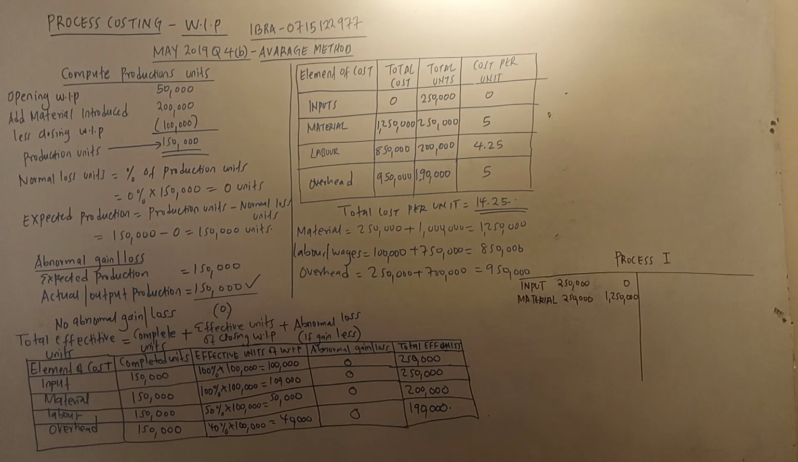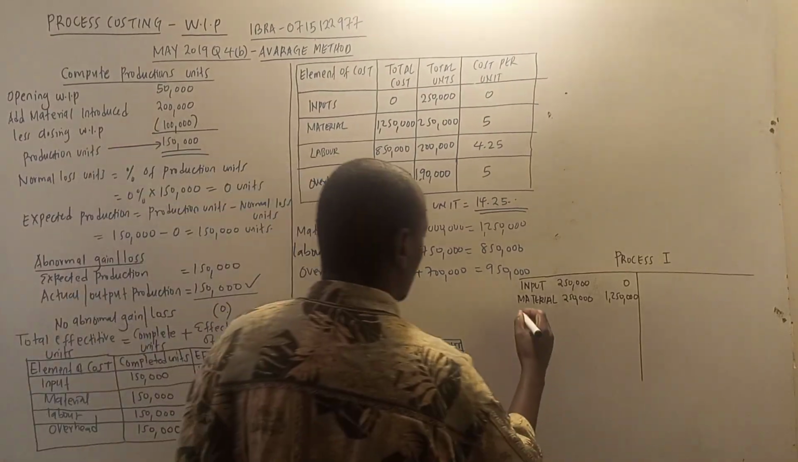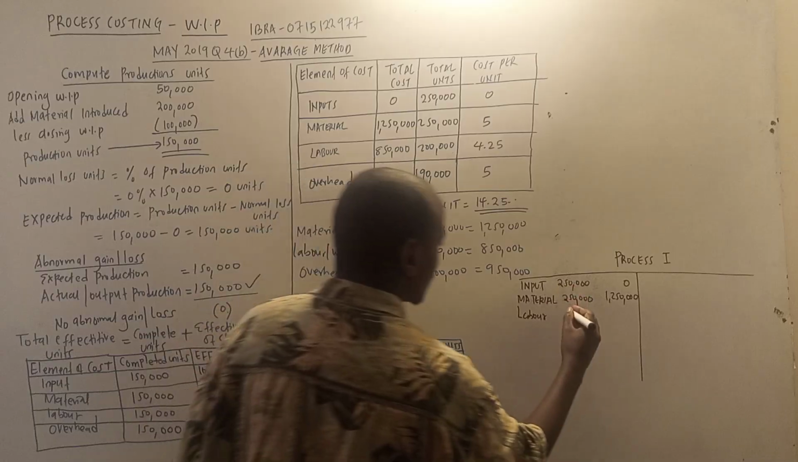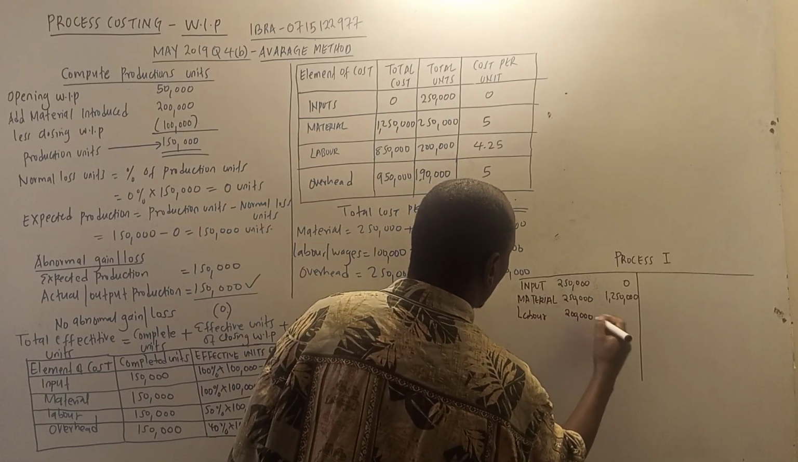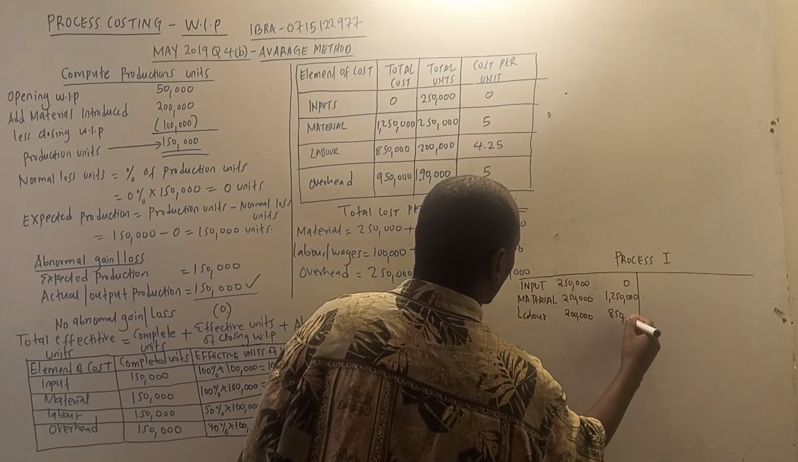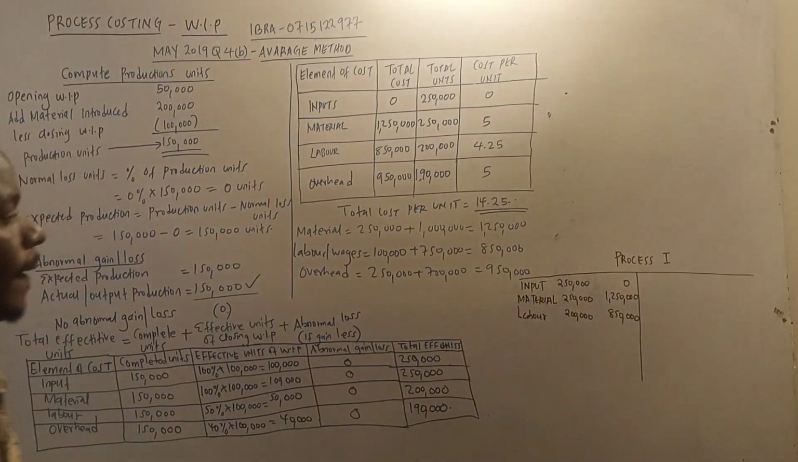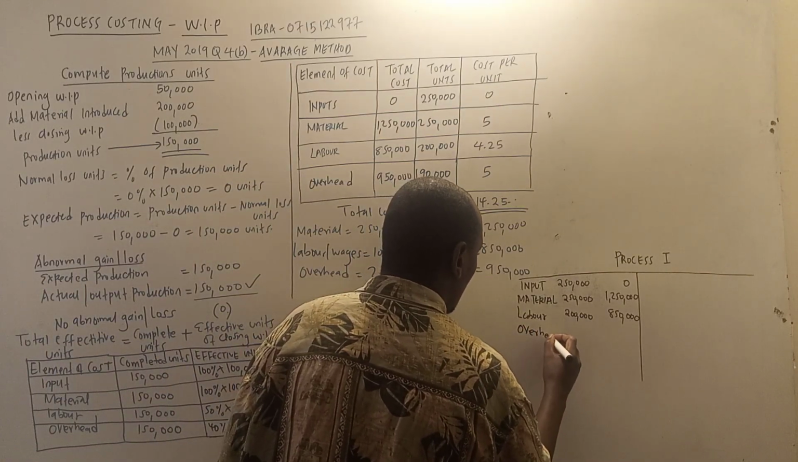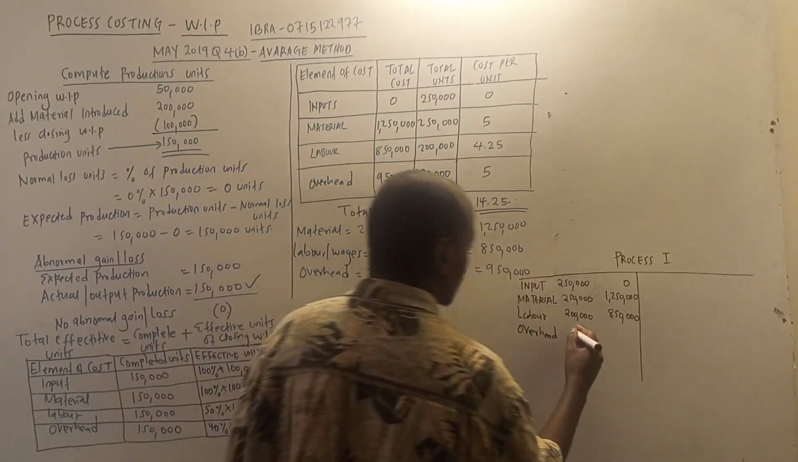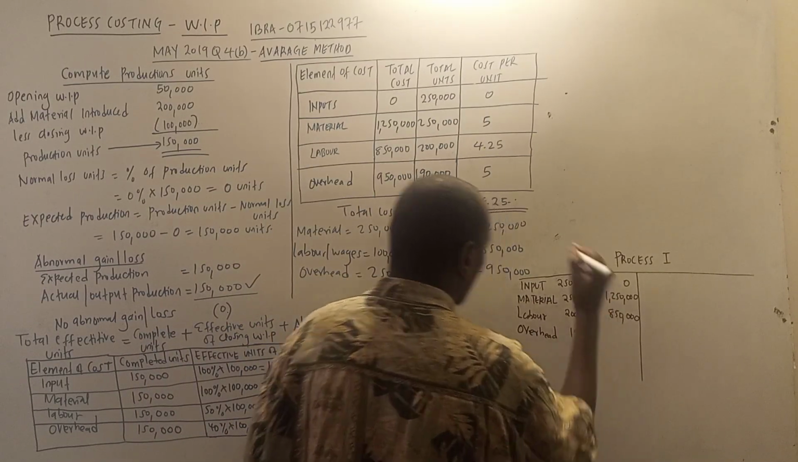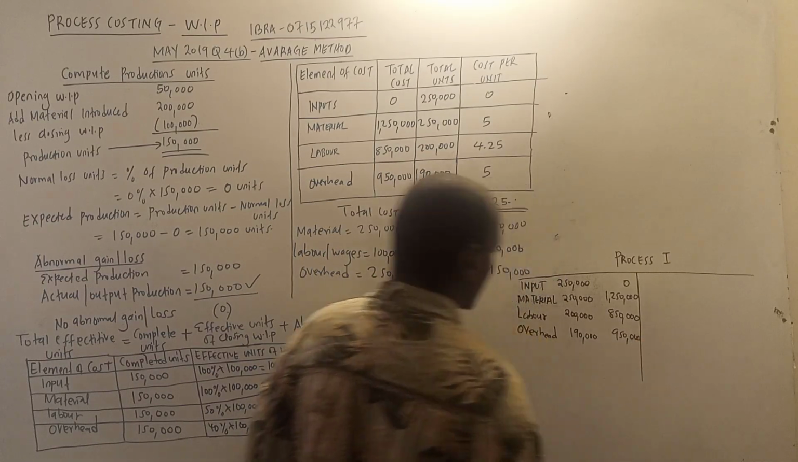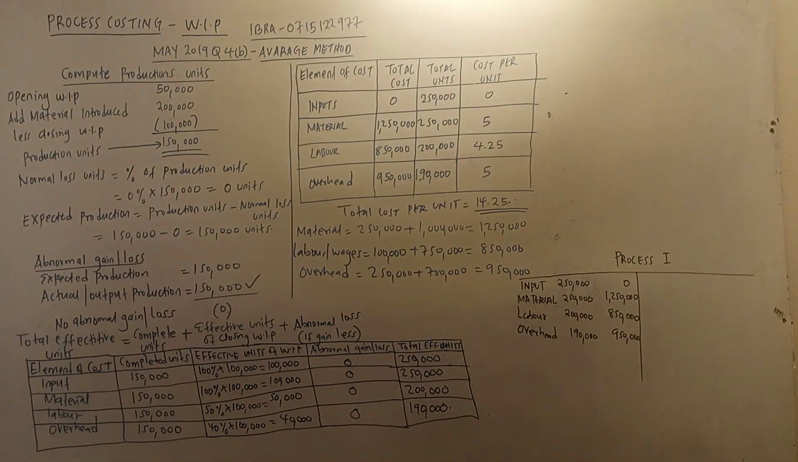Then we have labor, or the wages, whatever you want to call it. Labor units is 200,000, and then cost is 850,000. Then we have overhead, 190,000 units. This one is 950,000. So that's all about the debit side. So we can go to the